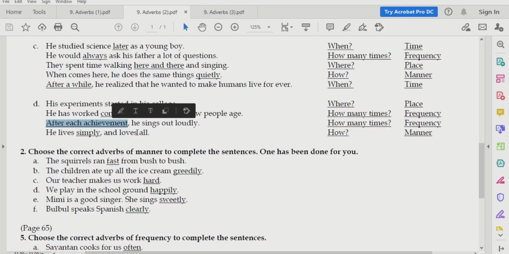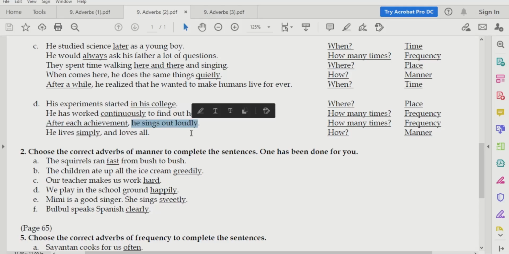After each achievement, he sings loudly. Now students, I'll give you an example of this. Just imagine a student coming first in a race. Now when he stands first in a race, maybe he may start jumping, he may start singing or whatever. And you may find that this person does the same thing when he wins every race. Maybe he comes second, maybe he comes third, but he does the same thing. He starts jumping, he starts singing. That means after each achievement he